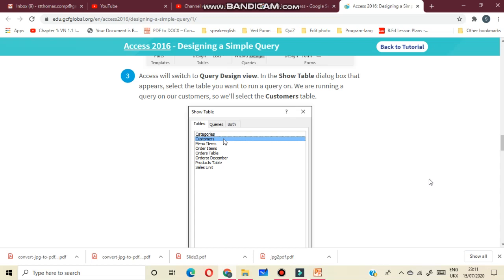In the Show Table dialog box that appears, select the table you want to run a query on. We are running a query on our customers, so we will select the Customers table. Here you can see the Customers table.